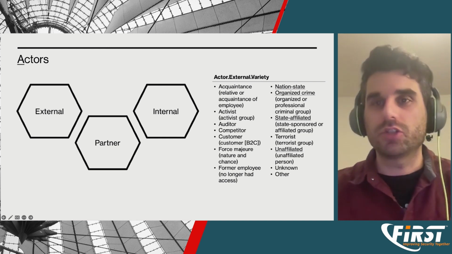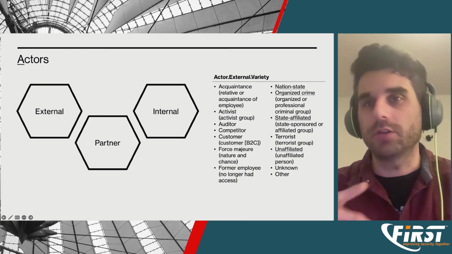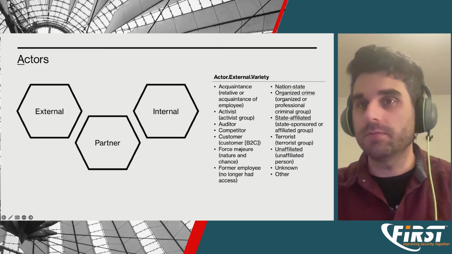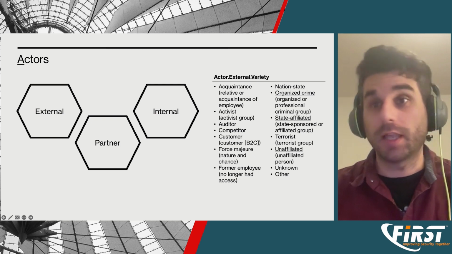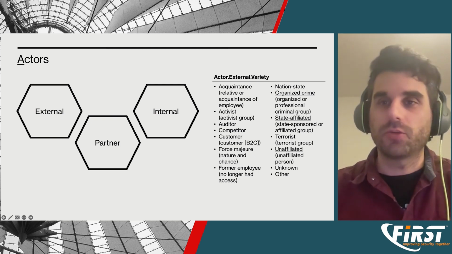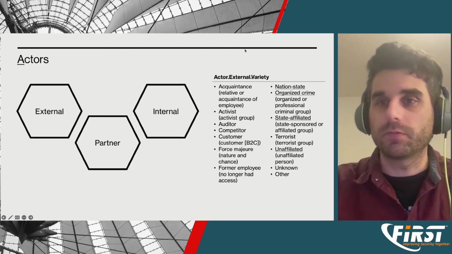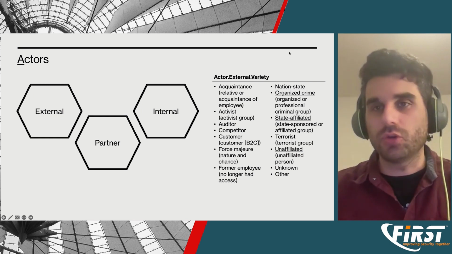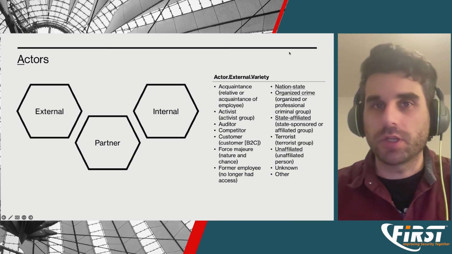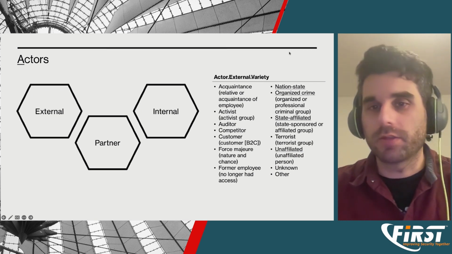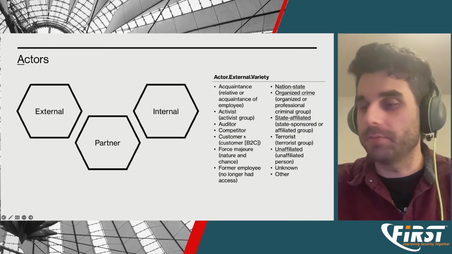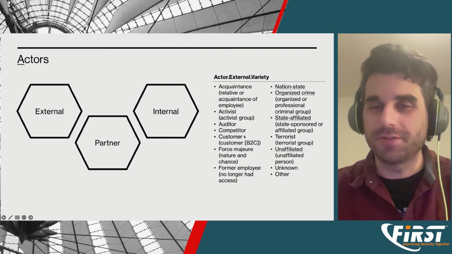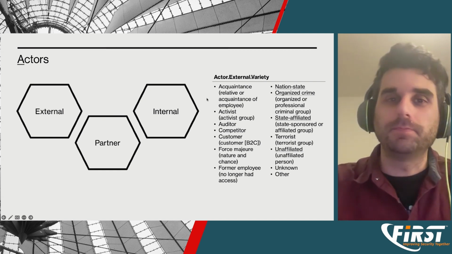And as part of each of these levels of granularity, we have a variety of actors within each of these three classes, if you will. And then we also capture the actor motive, right? So why did they do what they did, as much as we can surmise. I think some of them are relatively obvious, like organized crime tends to do things because they want money.